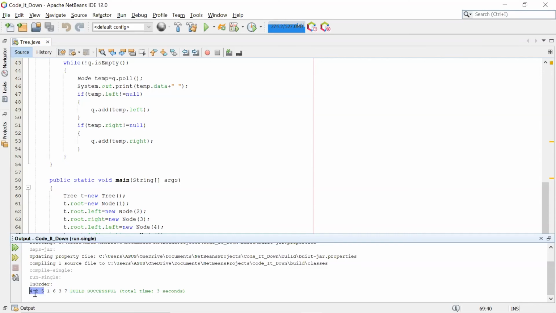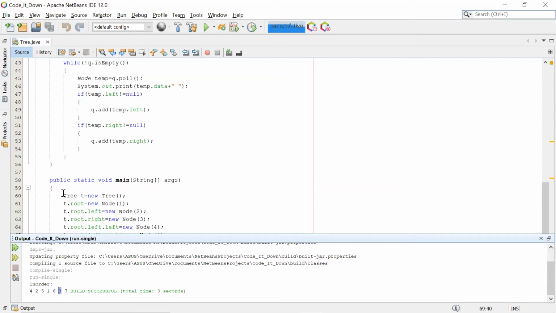For the left subtree, left node is 4, right node is 5, the root node is 2. Similarly, for the right subtree, left node is 6, right node is 7, and data part is 3. Is it clear? If you get the code for the in-order traversal, it will be easy for you to learn pre-order and post-order.